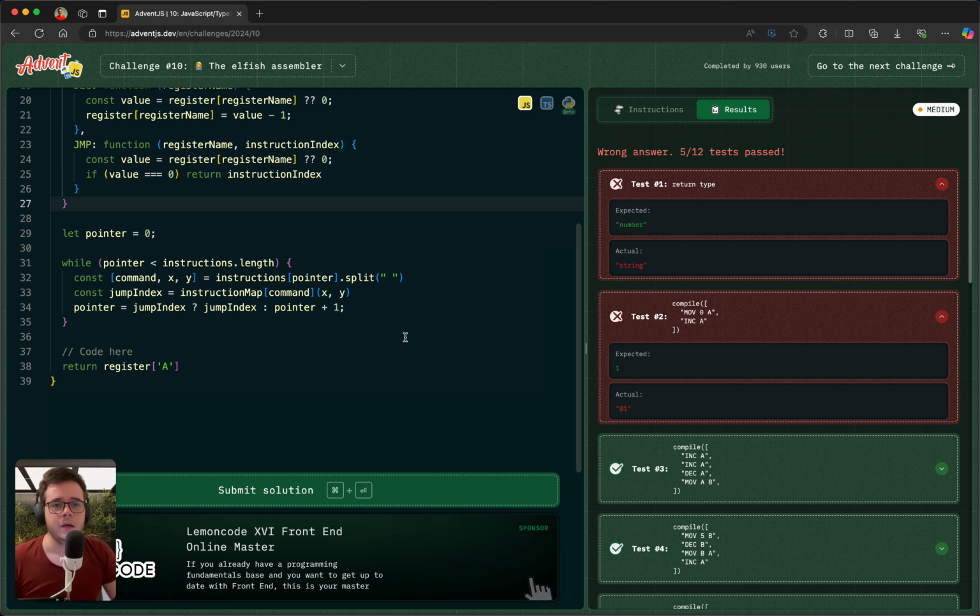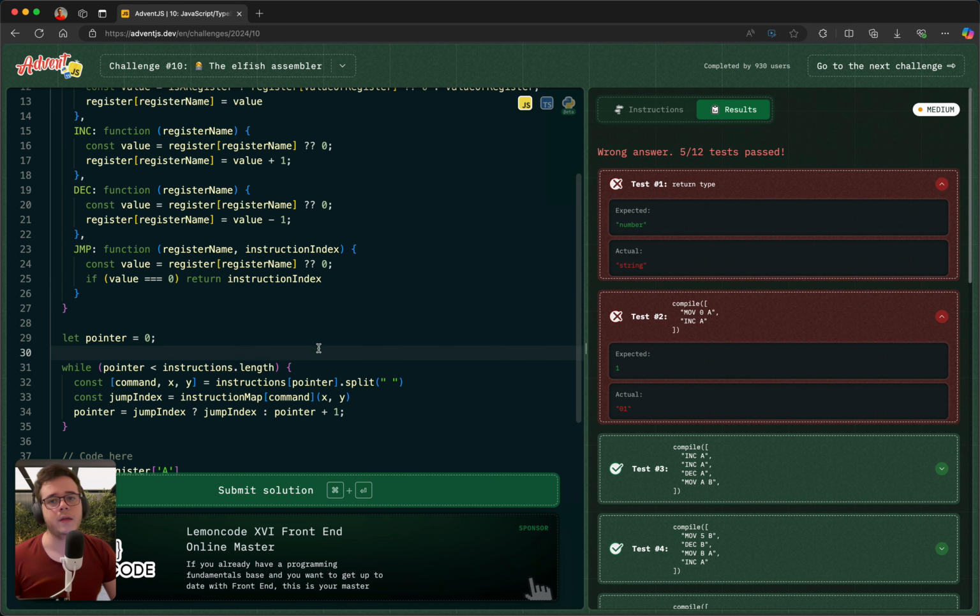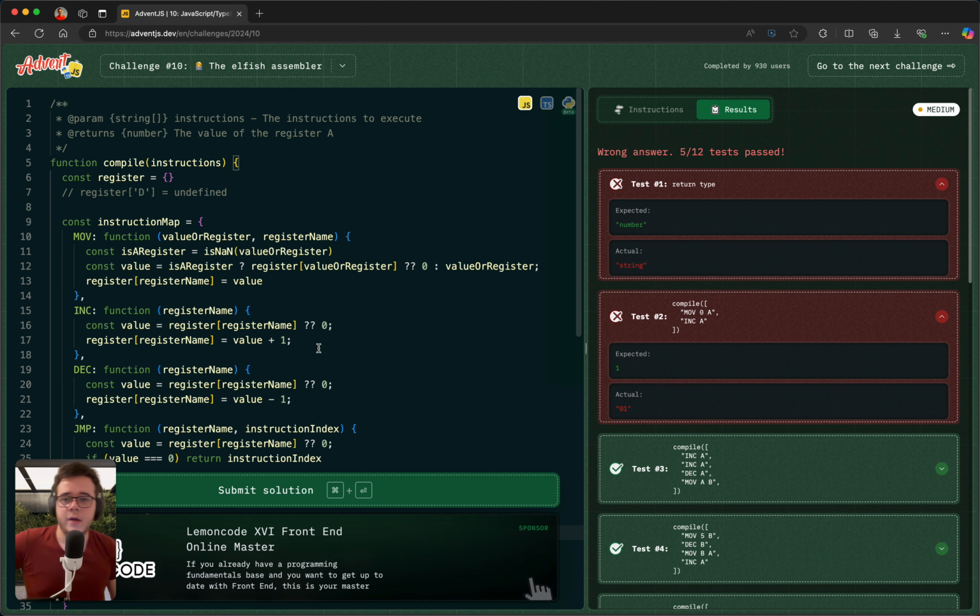Okay, so we are getting a string instead of a number. That makes sense because all the elements within the instructions are strings, so we need to parse it into an integer or a number. So to do that,